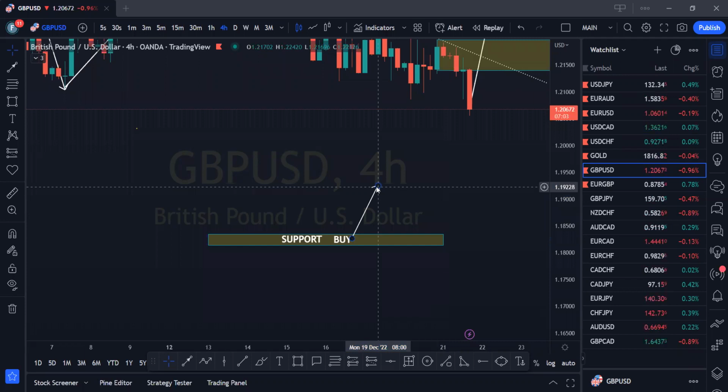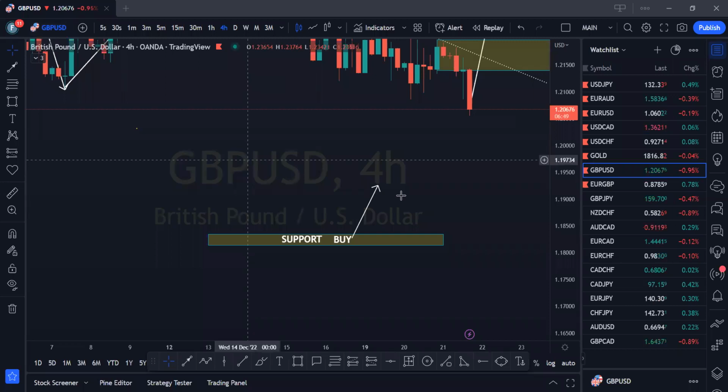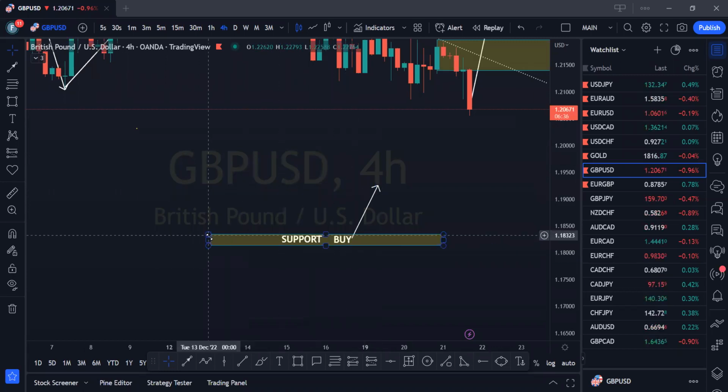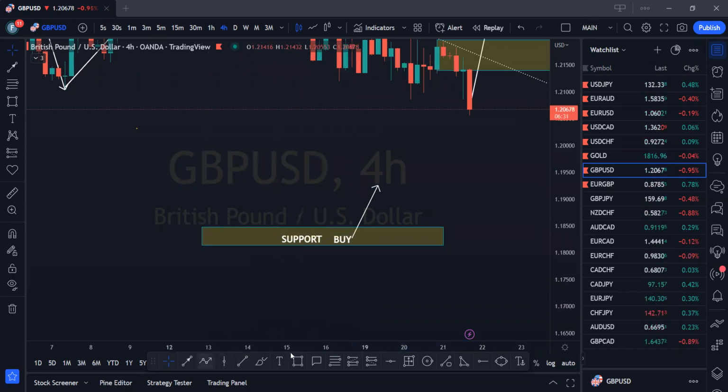you. In the same vein, for these guys to buy a particular currency, so this is GBP USD. For price to go up, that means they must buy the base currency, which is the pound. So for them to buy the pound, that means there has to be somebody that will be willing to sell to them. So what they'll do is to create a scenario whereby people's stop losses is going to be somewhere here.